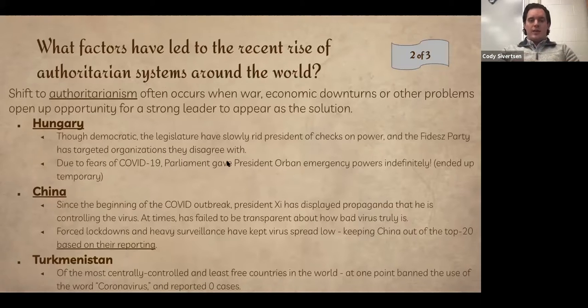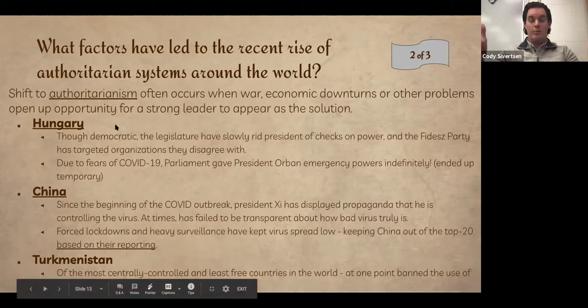And then I do the same thing with authoritarianism. So what are factors that have led to authoritarianism rising up? And once again, just establish that story. So a trend that I find is authoritarianism is established when a government system or a people group are vulnerable, whether it be economic downturn, warfare, and then the scenario that I come back to here over and over again is, or a pandemic.